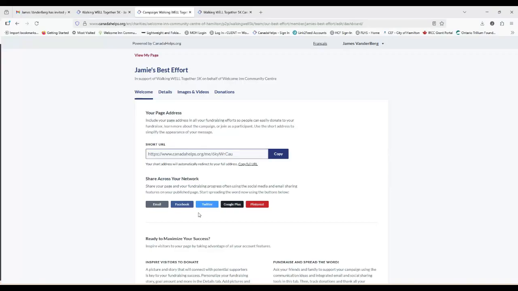And you can write a message to your friends and family that you're donating. You can post it publicly on Facebook or to just your friends on Facebook. So you can do that all from the system and share your fundraising goals.